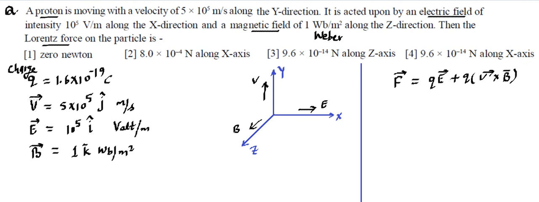Now you see, all the vectors are known to us. So we need to put the value of Q and the value of E to find this electrostatic force, that means force because of electric field, and this force because of magnetic field. And then we need to perform the addition of the two vectors to get the final vector. Direction we need to find, and magnitude we need to find. Making sense? So this you need to solve on your own, and here you need to use the cross product as well as the addition of vectors. Solve it and find the answer. Comment the answer in the comment box.